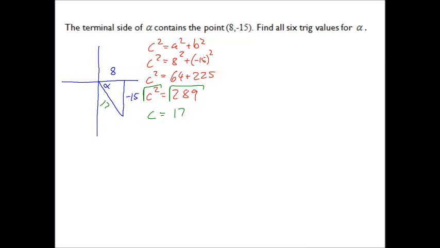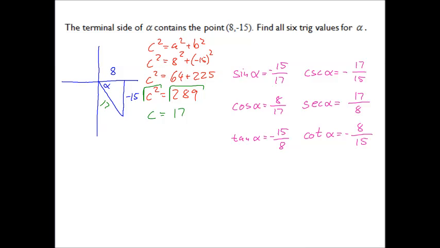I said stop the video. And here they are. The sine of alpha is opposite over hypotenuse, negative 15 over 17. Cosine of alpha is adjacent over hypotenuse, 8 over 17. Tangent of alpha is opposite over adjacent, negative 15 over 8. And our reciprocal functions are the cosecant of alpha